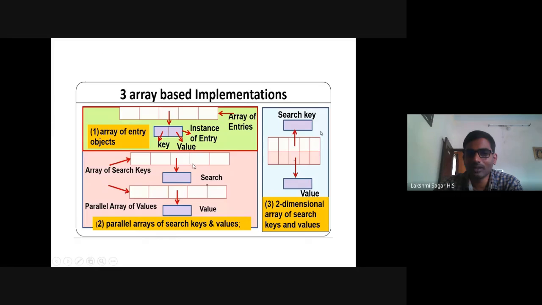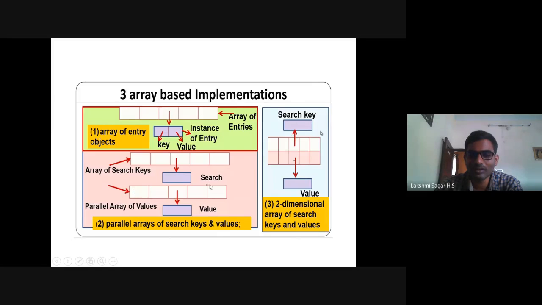So here there are 3 array-based implementations. In the first one, an array of entry objects, each box is represented with one pair. So each pair has one key and value.